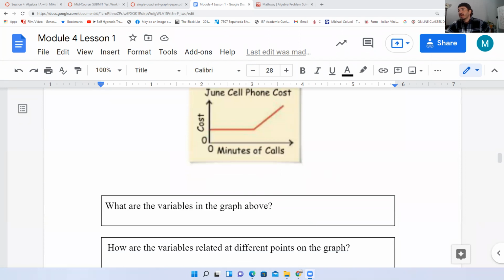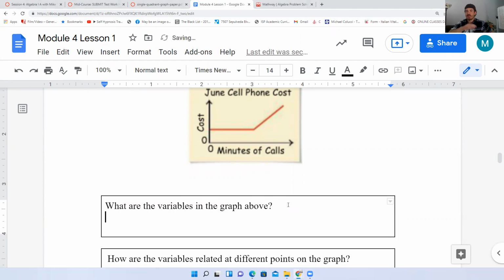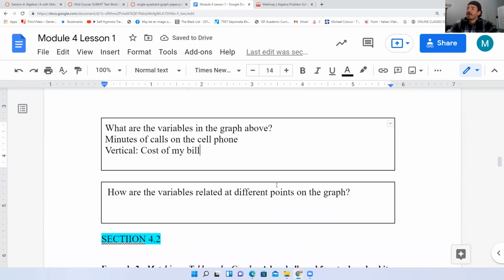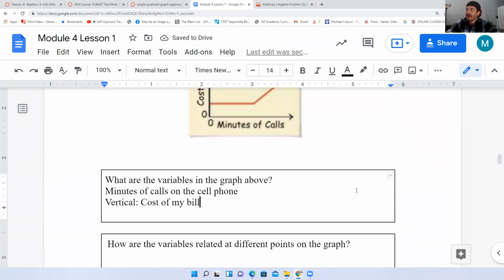So here's, you try. Okay. What variables in the graph above? Okay, well, what's my x's, my horizontal? They're minutes of calls, presumably on a cell phone bill, of calls on the cell phone. And then my vertical, I'm just going to call it vertical, is the cost of my bill. Okay, how are the variables related at different points on the graph? All right, well, I'm going to say it looks like